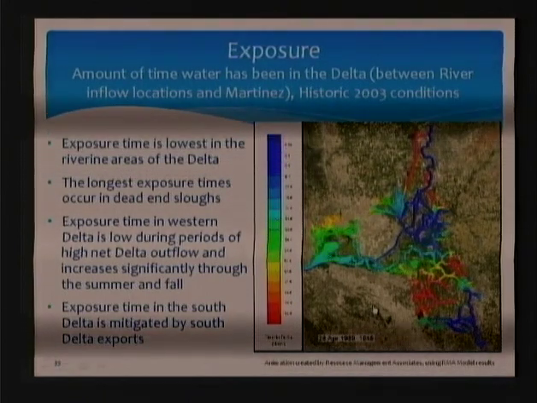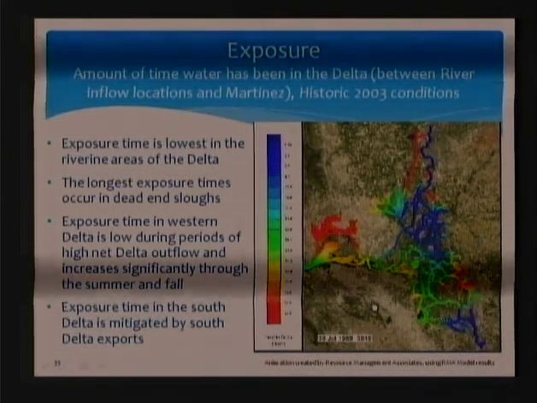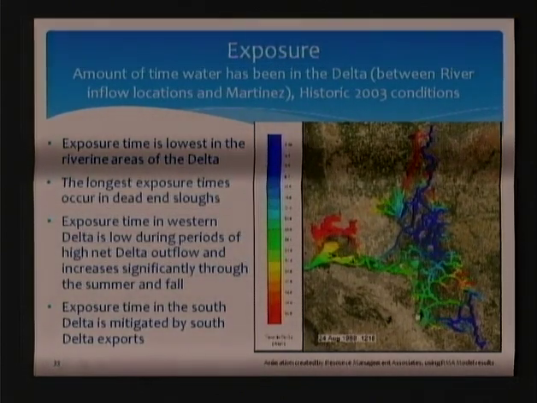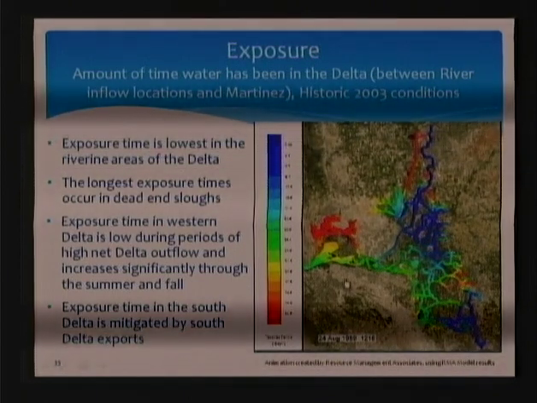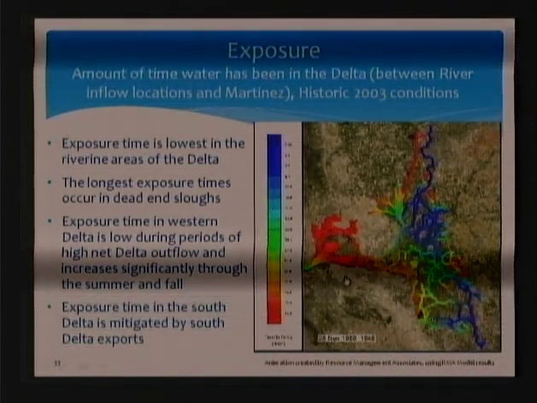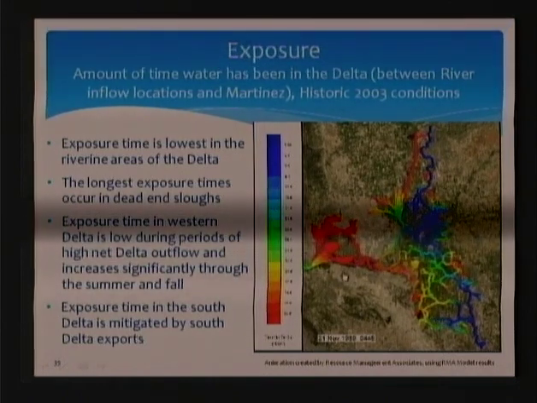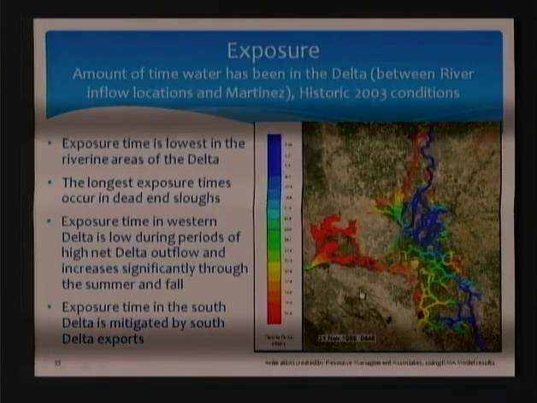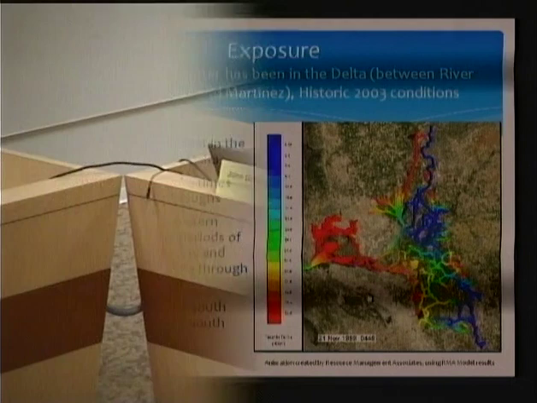If I go farther into the year, into the summer export season, it switches around. Now the exports are pulling the water south, and it's shorter residence time here, and it begins to get longer and longer in Suisun Bay. I think this is really interesting. I hope someone else here does too. There's a very interesting dynamic between what's happening, how long a process has to occur, whether it's time for a fish to grow in that region before it moves on to some other habitat, whether it's zooplankton being moved around. This is on a delta-wide basis.